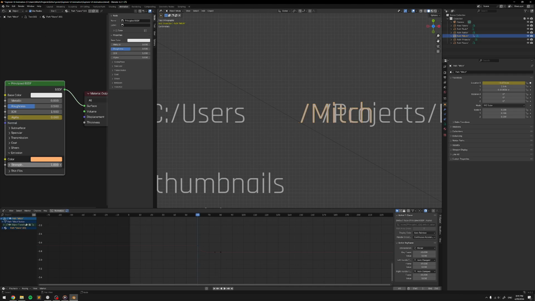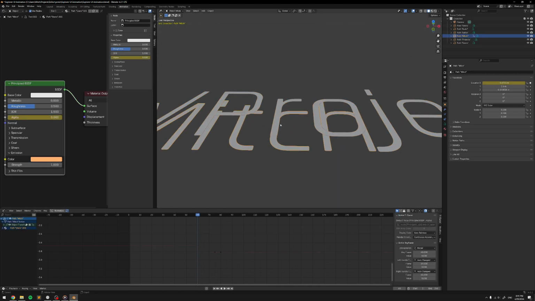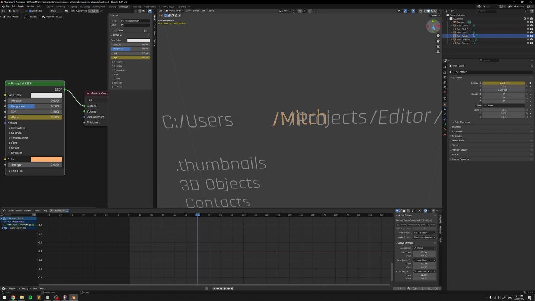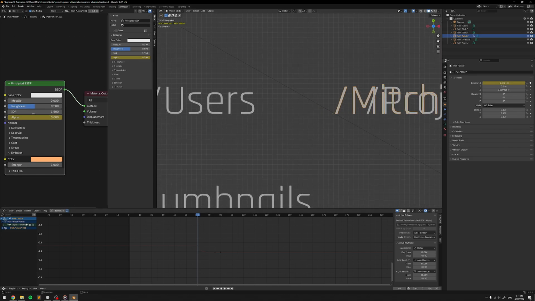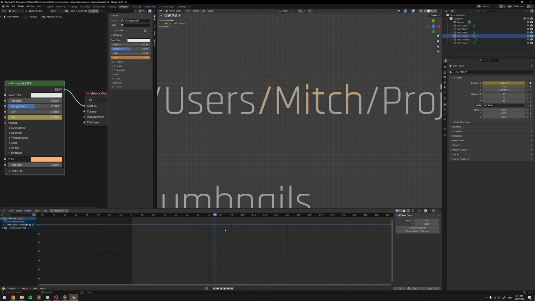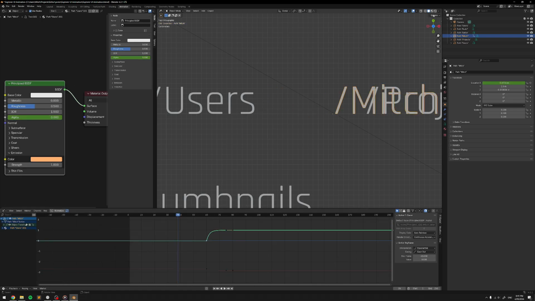Because if we do strength, then you might get like one appearing in front of the other and stuff. You don't really want that. So we'll literally just do the transparency of it. We're going to start it, we're going to keyframe it off. We're going to jump to 75. We'll go full. And again, we get that curve. We're going to go exponential out. If we go render,